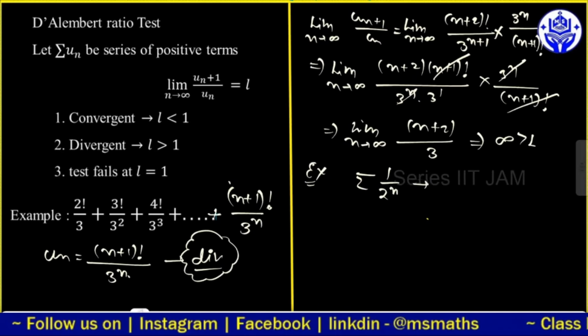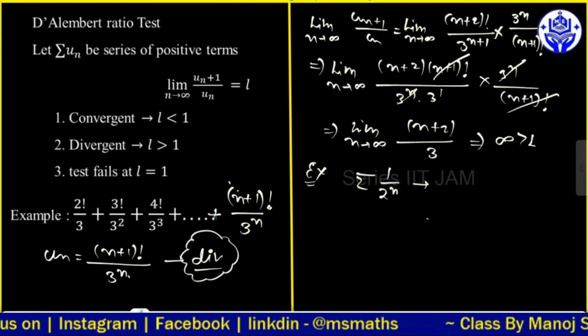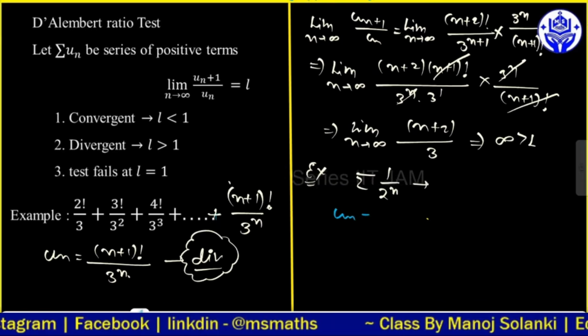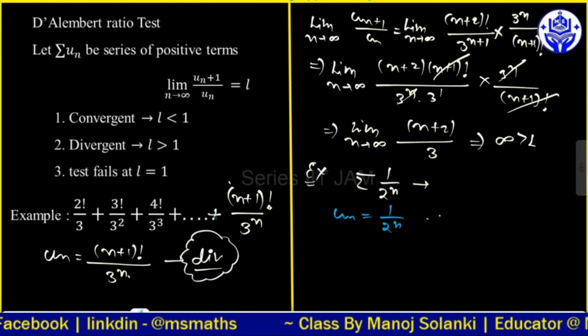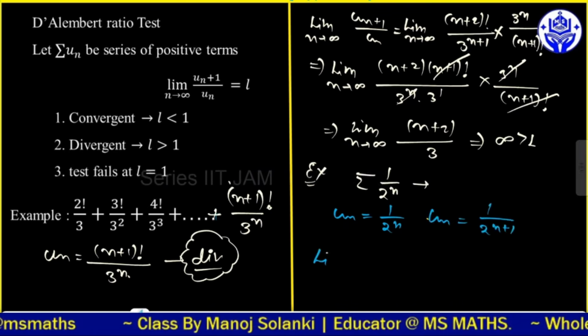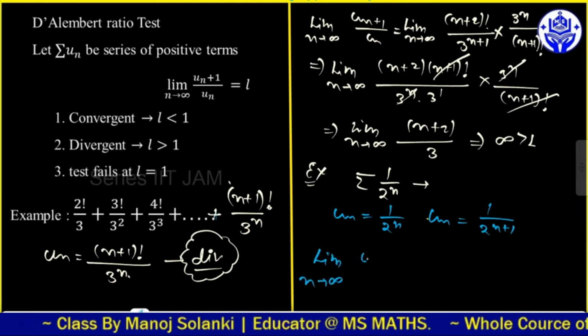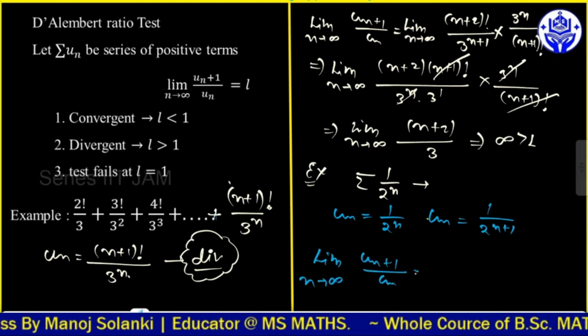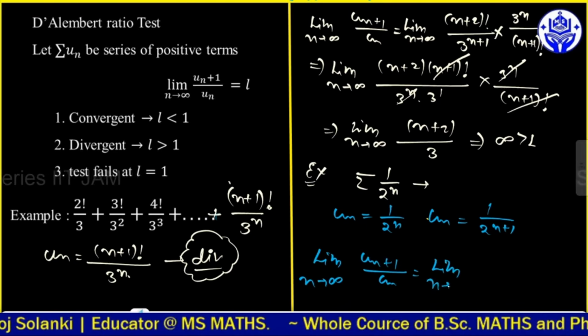पर कैसे होता है इसको हम थोड़ा सा समझ लेते हैं। देखिए हम क्या करते हैं यहाँ पे, सबसे पहले इसके लिए un को लेट कर दें। तो un हमारे पास में 2 पावर n हो जाएगा, और un प्लस वन 2 पावर n प्लस वन हो जाएगा। सो हम यहाँ पे लिमिट n टेंड्स टू इनफाइनाइट un प्लस वन ओवर un करते हैं तो हमको क्या मिलता है, लिमिट n टेंड्स टू इनफाइनाइट,